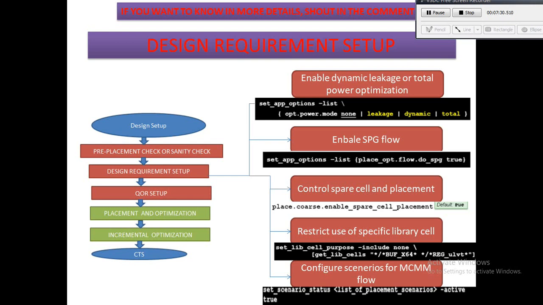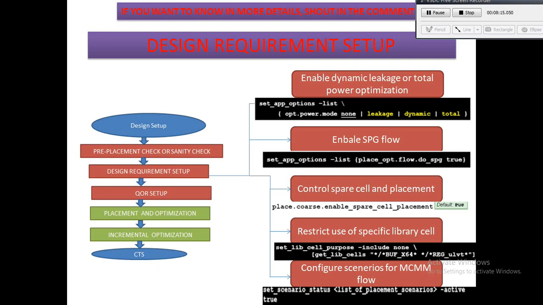Then the next design setup is controlling spare cells and placement. First of all, what is a spare cell and how to identify it? In spare cells, all inputs are floating or tied high or tied low, and all outputs are floating, and these are not physical-only cells. Spare cells can be included in the synthesis netlist itself, and they will be placed along with the regular standard cells and automatically spread out evenly, controlled by the app options given in the slides.